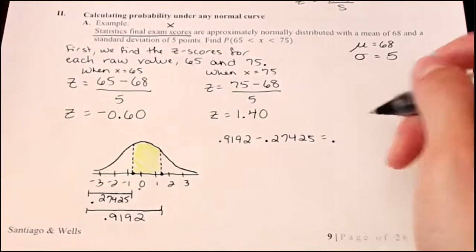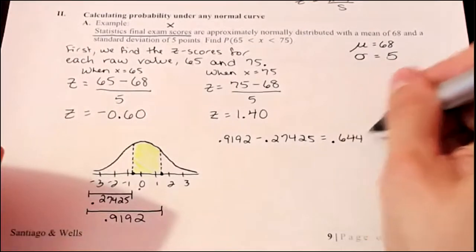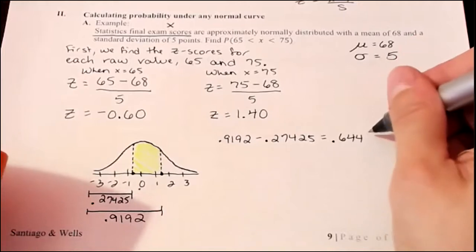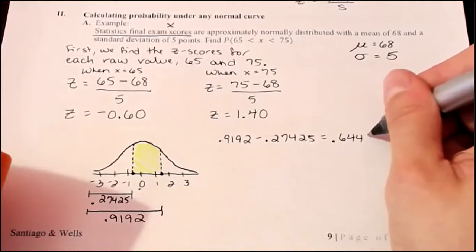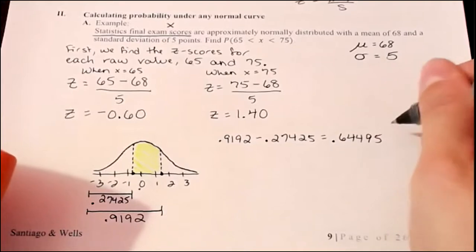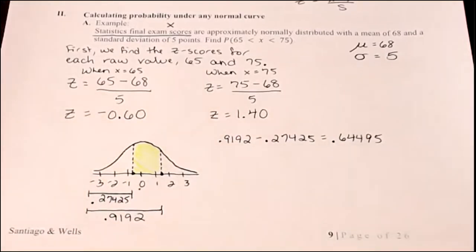0.644. Oh wait, keep going. It's around to 4, right? Well, 9, but you're okay. Keep going. 0.6449, but it rounds up. True, it definitely does. So we would have